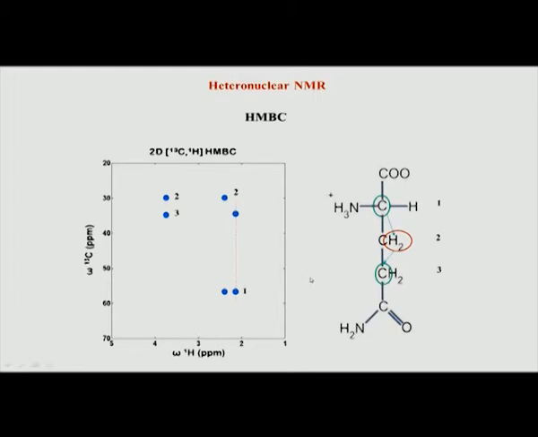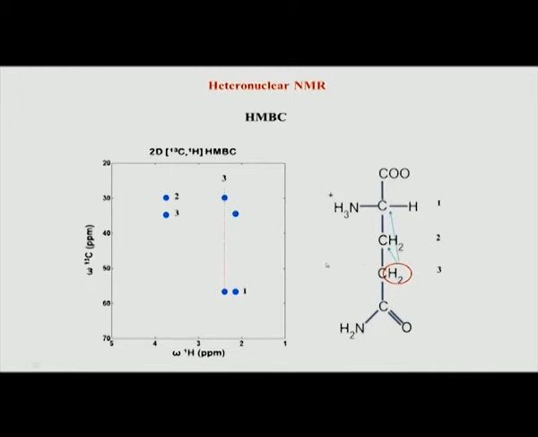Similarly, we can look at the other proton which is number 3, which had a chemical shift of 2.2, 2.5 ppm, and that shows correlations in the carbon dimension to carbon number 2 now, which is here, and if there is a three bond coupling strong enough, then also to carbon number 1. So, typically in HMBC we look for two bond correlations, we do not go beyond two bonds, because as I said, correlations beyond two bonds can be much weaker.